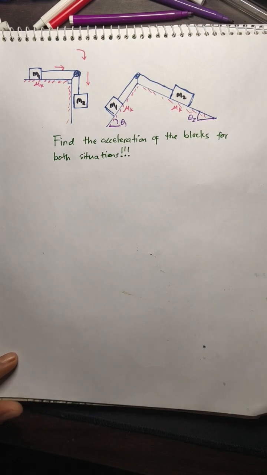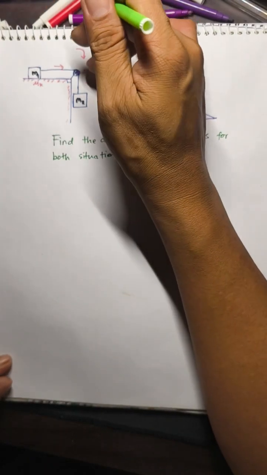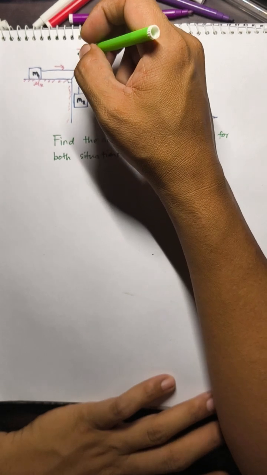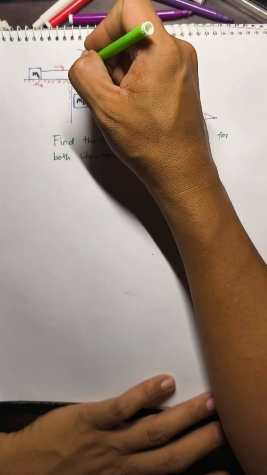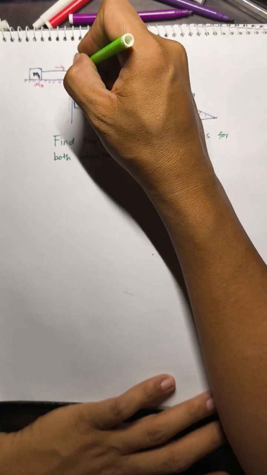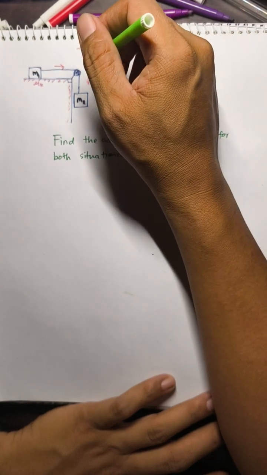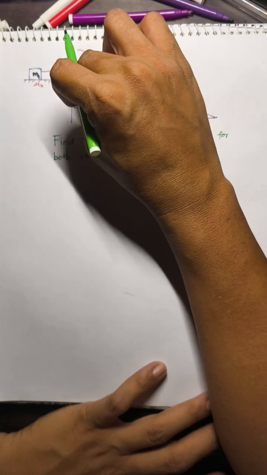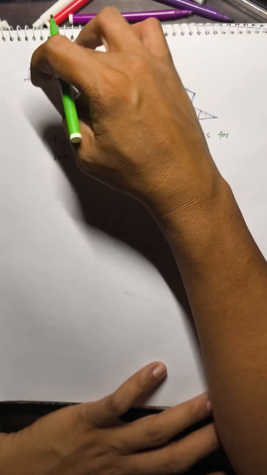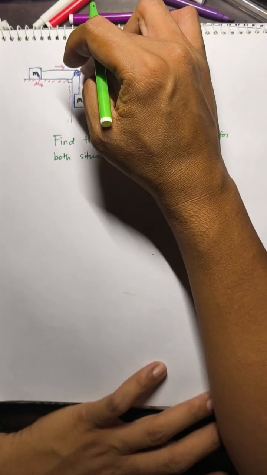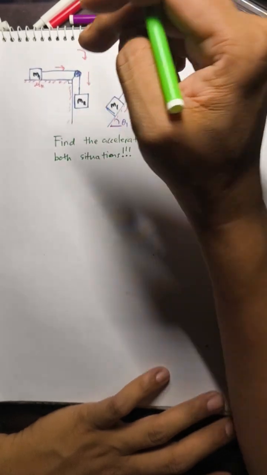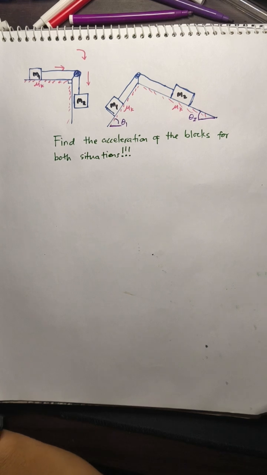Okay, so the very first thing that we do is identify all the forces. Now we'll treat the masses separately. First, we have to understand the assumption. The first assumption is that this is connected by one rope, and on this pulley here there's no friction, and the moment of inertia, the rotation, the torque, whatever, the rotational motion of the pulley is not affecting the motion of the block, so we are guaranteed that the tension on this rope and on this rope here will be the same, since they are connected by the same rope.